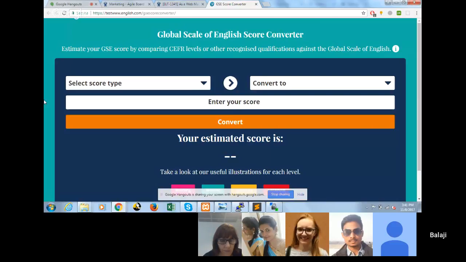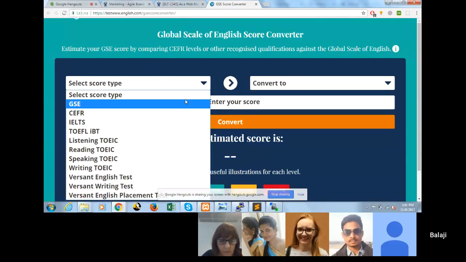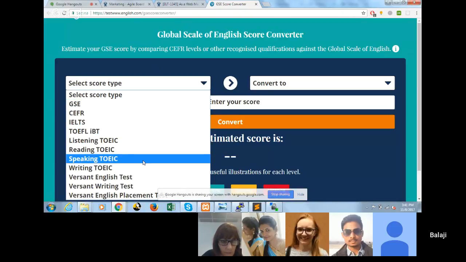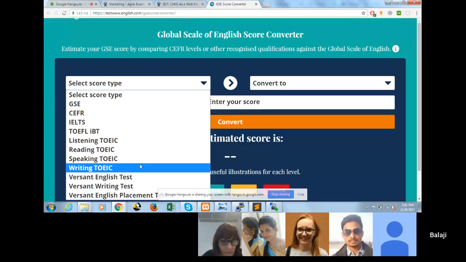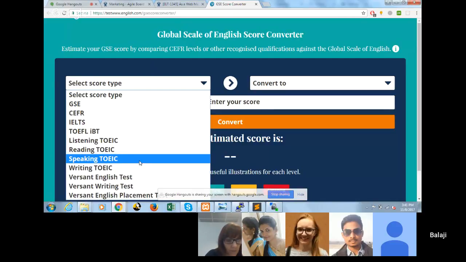So this is one of the English.com ELT pages. We are providing this page as an iframe for the end user and other team developers. We were using it from the GSC to writing, but in this sprint we have added 3 more new sections: version English test, version writing test, version English placement test.